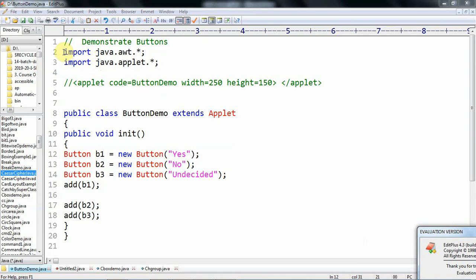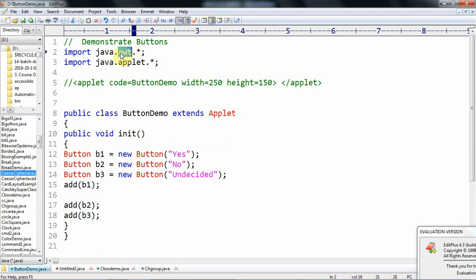In this, first I import the AWT package, because I am going to write this program for demonstrating the push buttons. All the push buttons are created by using the predefined class Button. This Button class is present in the package called AWT. So that's why we need to import the AWT package.